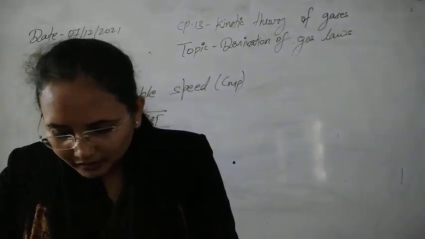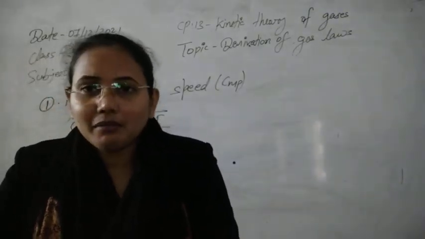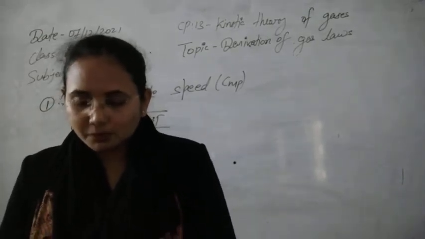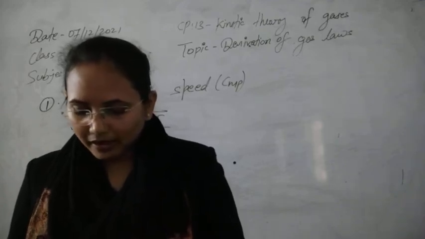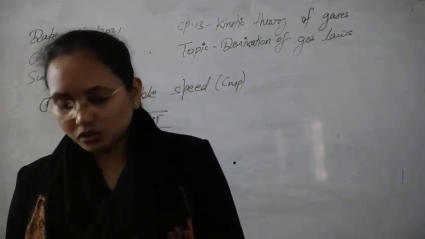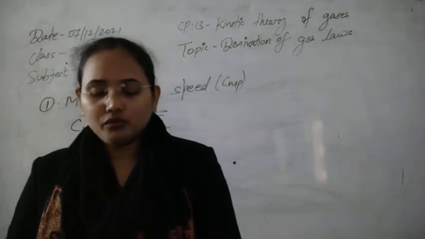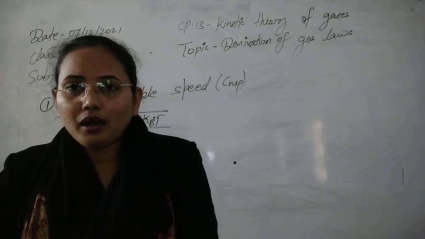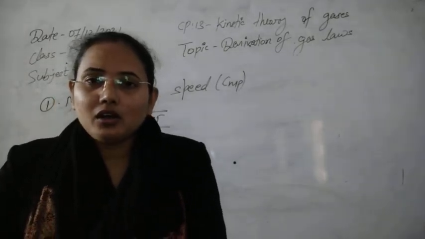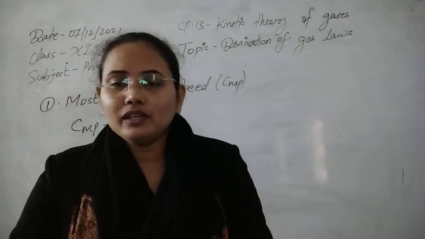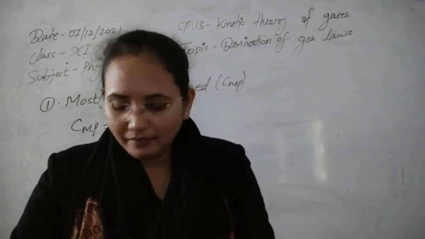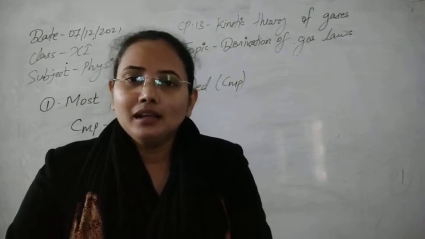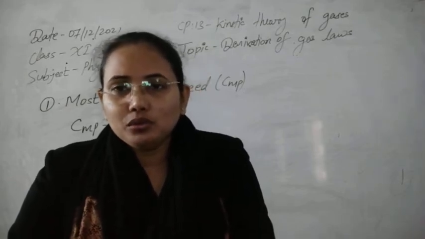Now average speed, I don't have to tell you again, but one time I will read the definition. The mean speed or average speed is the average speed with which all the molecules of the gas move. If C1, C2, C3 up to Cn are the speeds of the molecules, then their average speed will be equal to C1 plus C2 plus C3 up to Cn, upon n. You know that already.